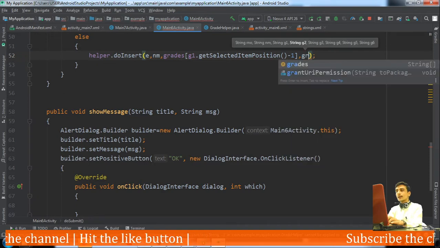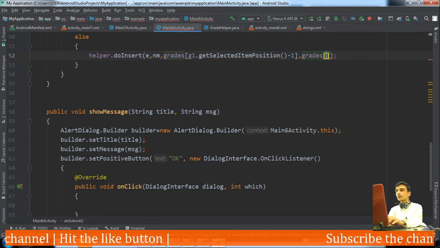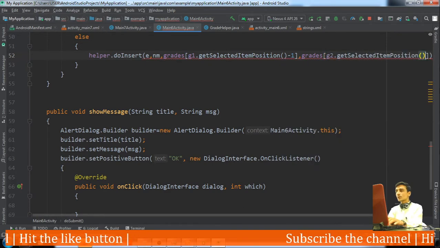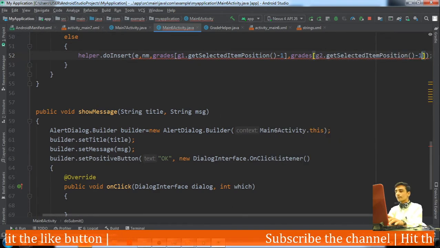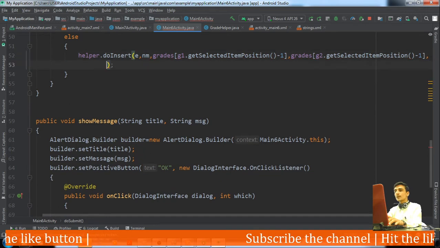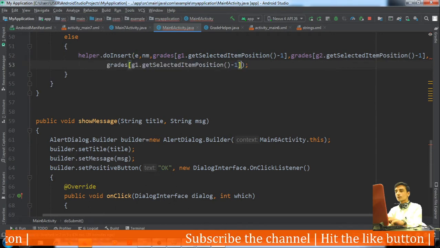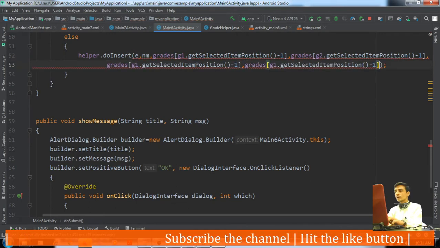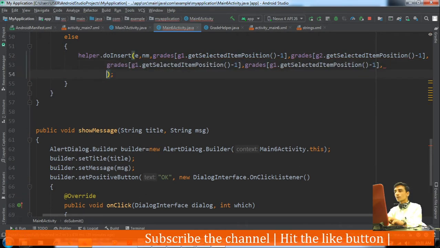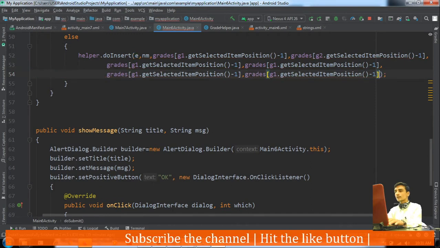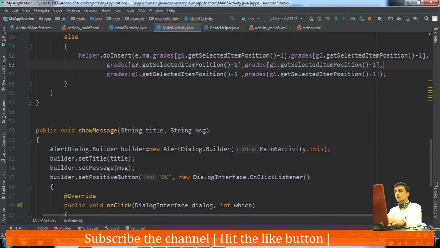Then grades[G2.getSelectedItemPosition - 1]. Similarly for the remaining four semesters, 3, 4, 5, 6. G1, G2, G3, G4, G5 and G6.